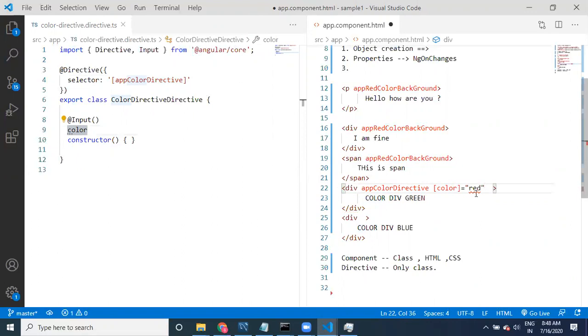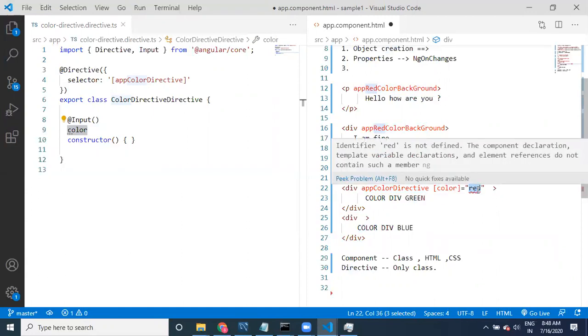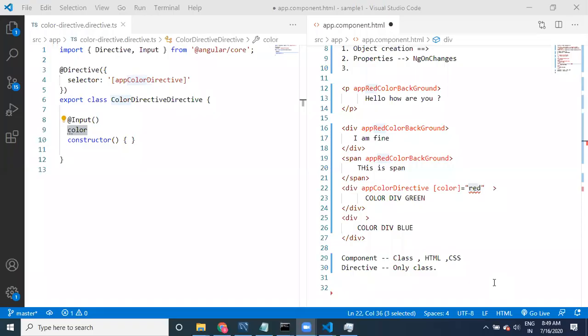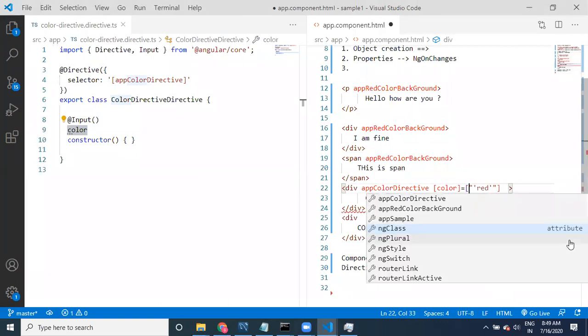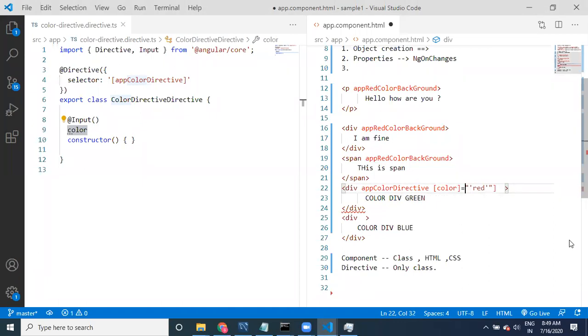Of course, if you are providing this color red directly, what does this mean, guys? It looks like a property, because it should be a property. So we have to provide a property, or if you want to provide a string, how to provide it? You can provide like this, or even like this. This is also fine. You can provide brackets, and inside this you provide it. However you want, you can provide.